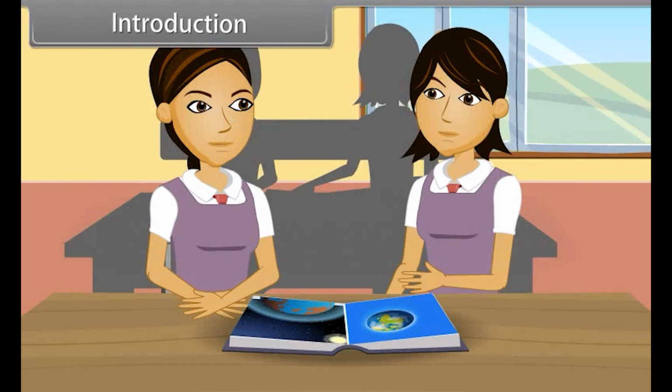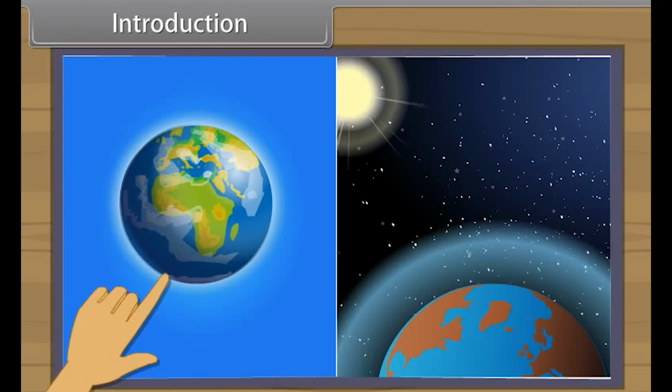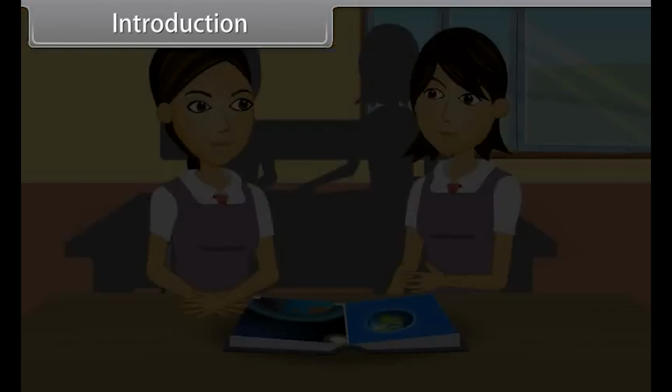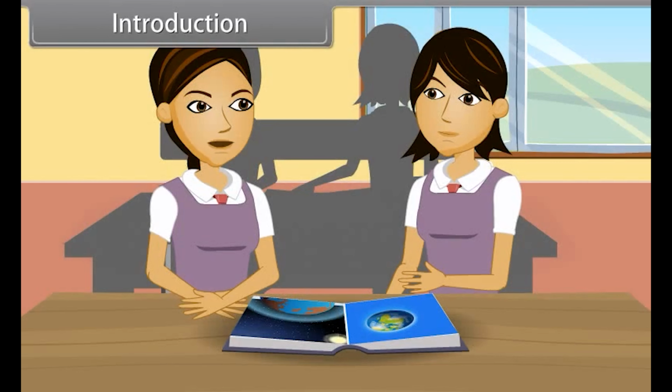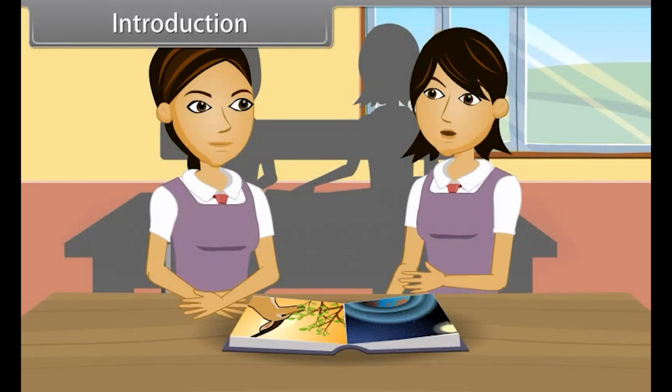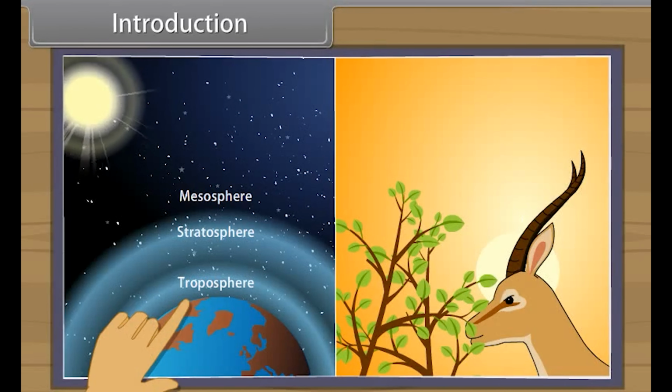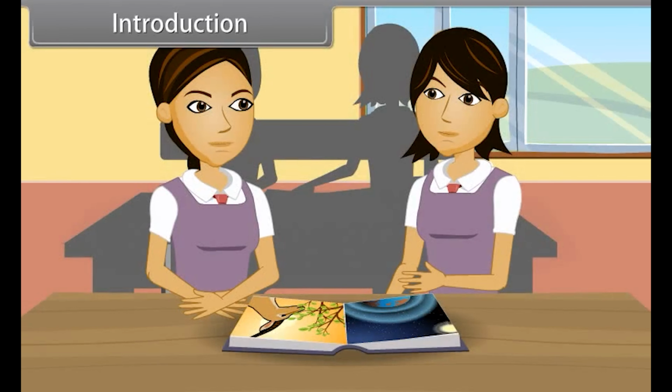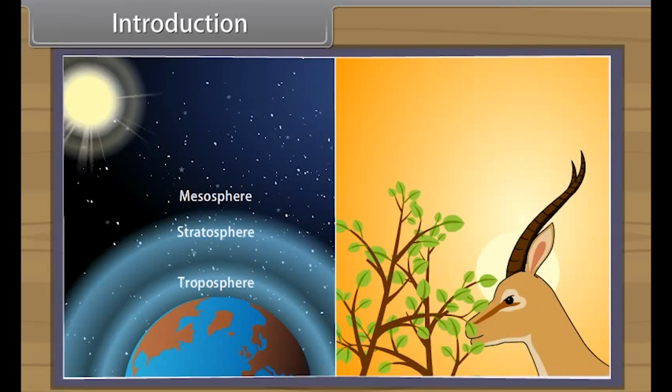Introduction. Do you know that among the planets of our solar system, it is only our Earth which has life on it? Yes, it is because existence of life depends on certain ambient atmospheric conditions, temperature, water, air and food which are available only on the Earth. The resources available on the Earth are necessary to meet the basic requirement of all life forms on the Earth. In addition, the energy from the sun is also necessary for all living organisms on the Earth.